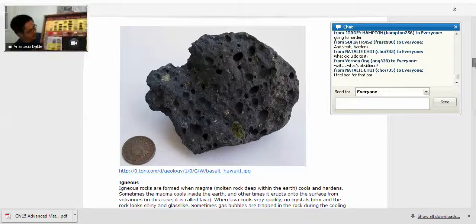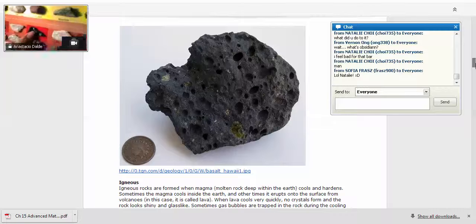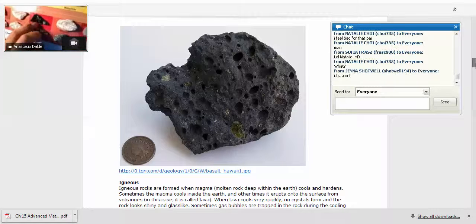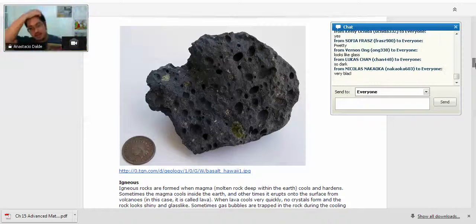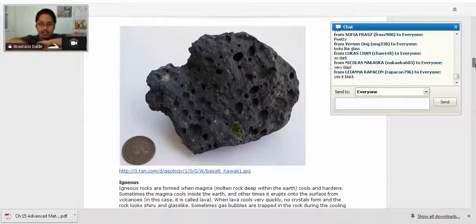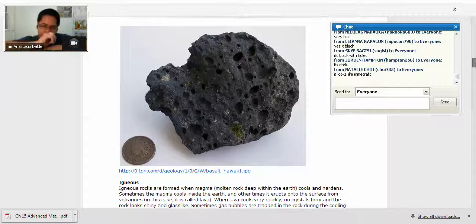Vernon's asking, what is obsidian? Obsidian is actually a type of igneous rock. Can you guys see obsidian? What do you notice about obsidian? It looks like glass. It's dark. It looks like, yeah, it's shiny. That's a characteristic of igneous rock. Now, in Hawaii,